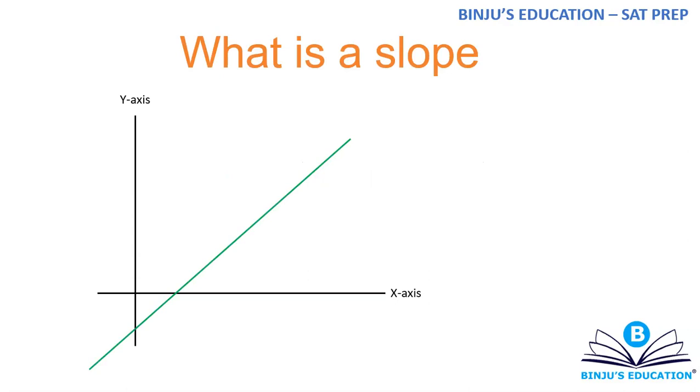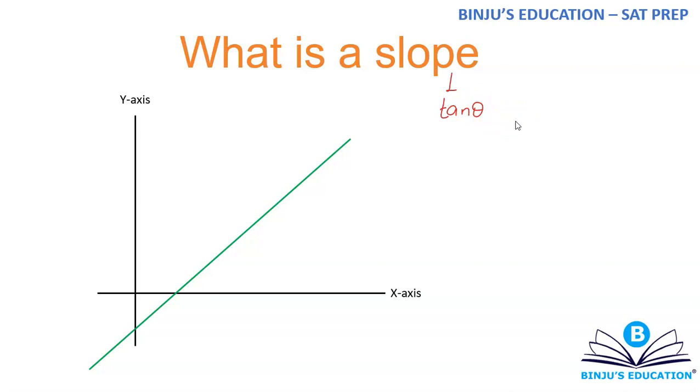The first one is, what is a slope? If you talk about the technical definition of this term, slope was basically defined as tan of the angle. Tan is that trigonometric tan. We have the six trigonometric functions: sine, cos, tan, cosec, sec, cot. So that tan I'm talking about. Slope is nothing but tan of the angle made by the line with x-axis in anti-clockwise direction.